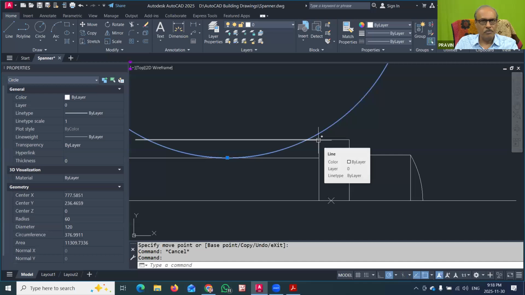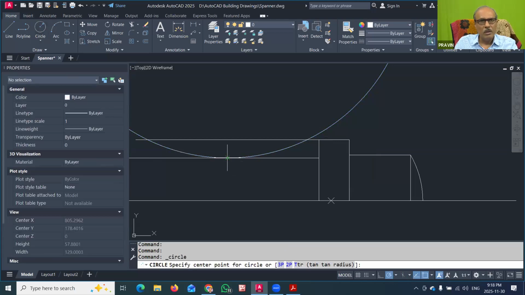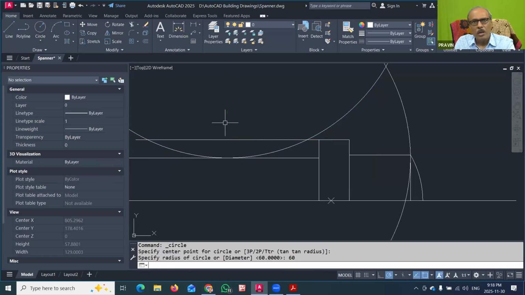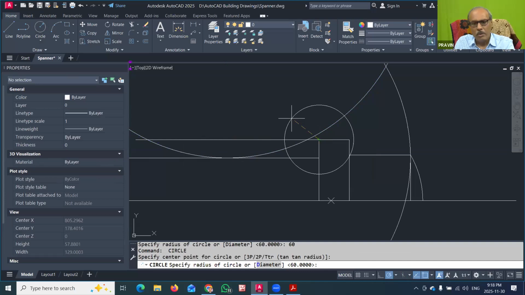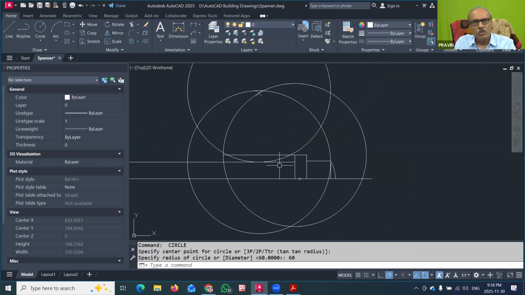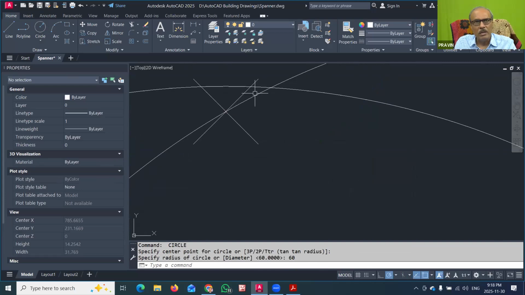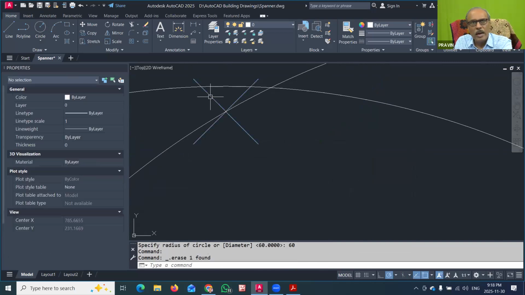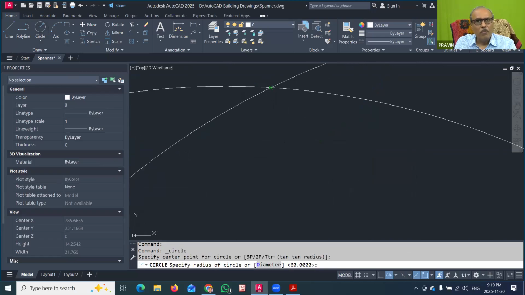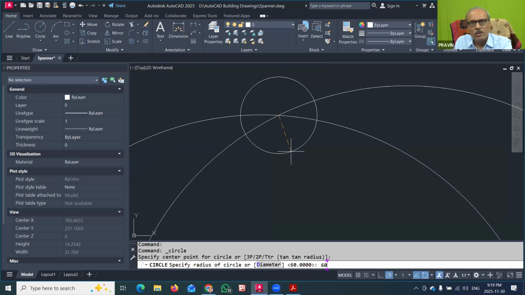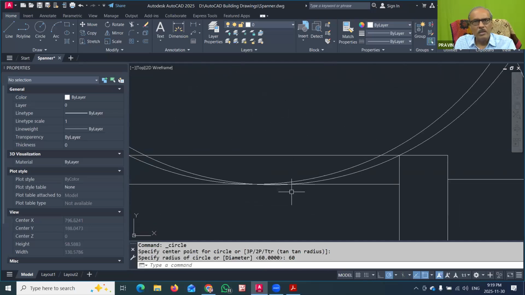So I will just try one circle having radius 60, and one circle from this end having radius 60. These two circles meet again at this end. So I have to delete this point and use this as a center. I will start the circle from here and take the radius as 60. Now you can see that this is exactly touching this.